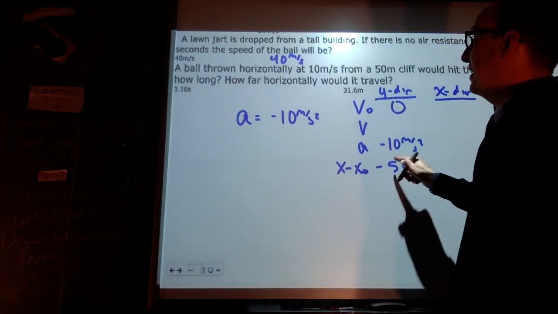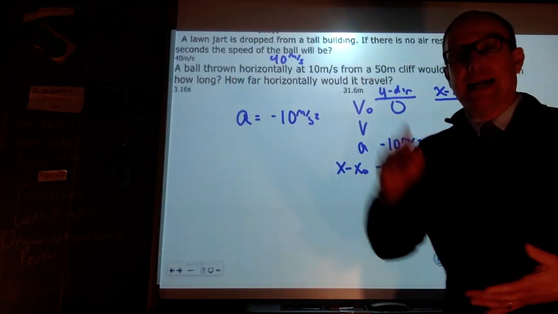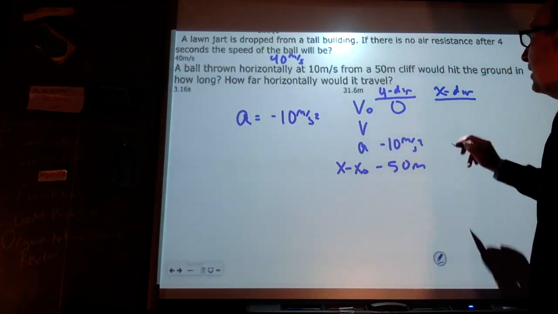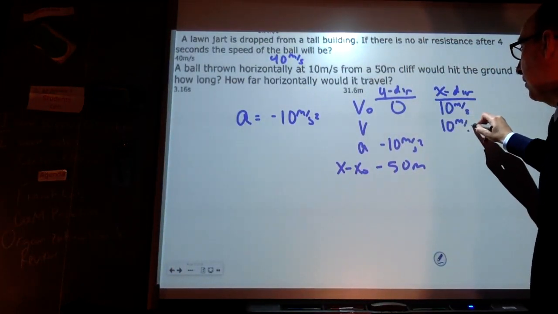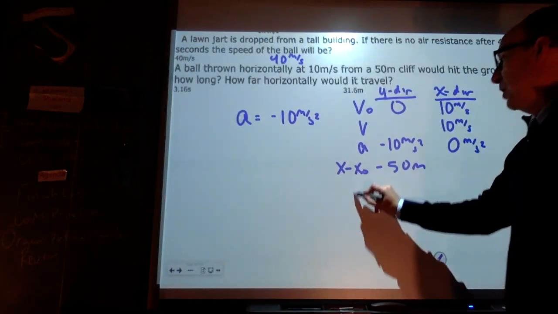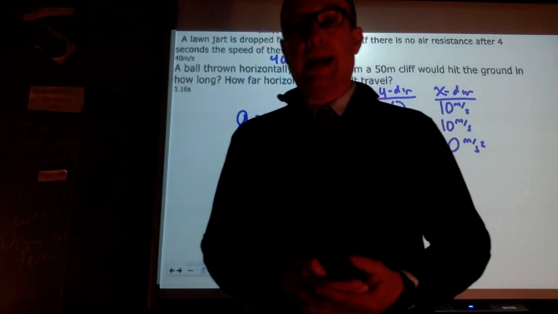And they're telling us that the cliff is 50 meters. So the displacement from the top of the cliff to the bottom of the cliff would be negative 50. In the x direction, there is no acceleration, so my starting velocity and final velocity will be the same. And so I'm going to use my y direction to find time and plug it into the x direction to